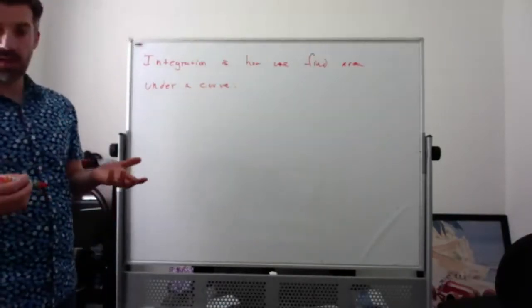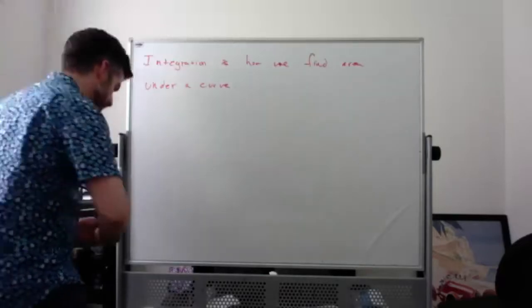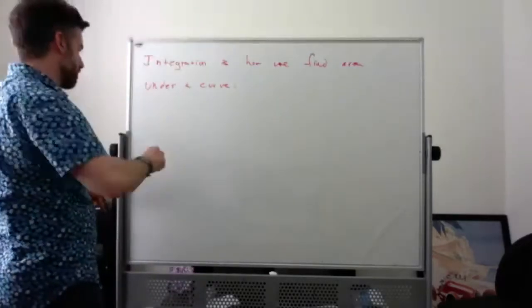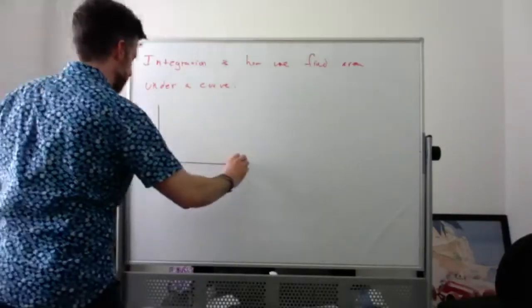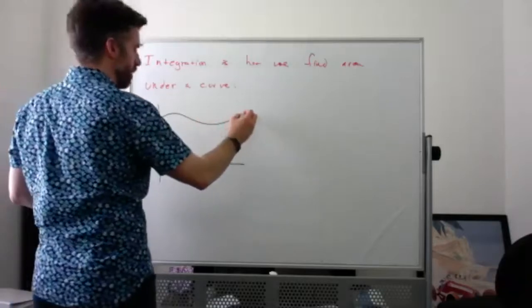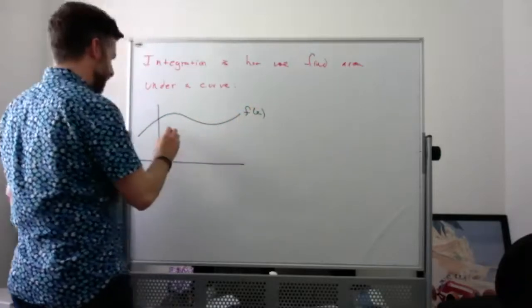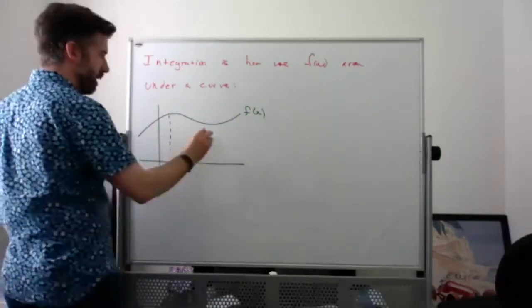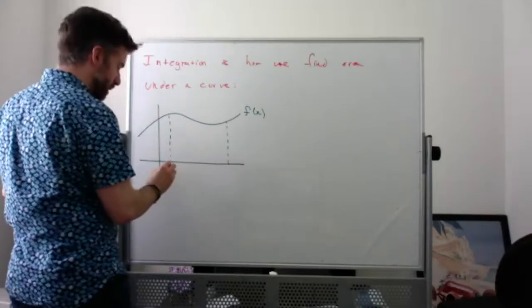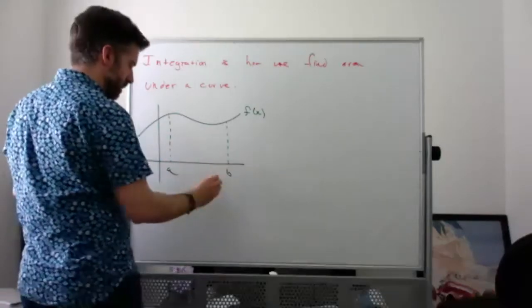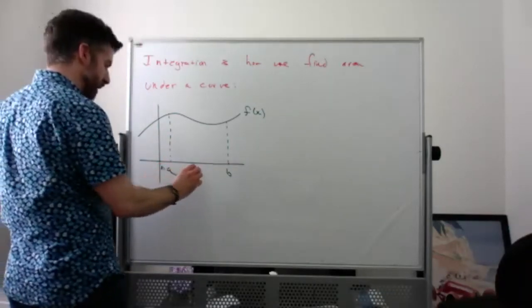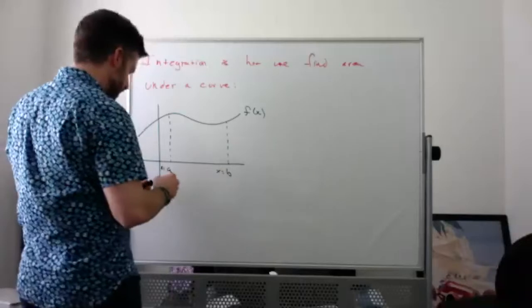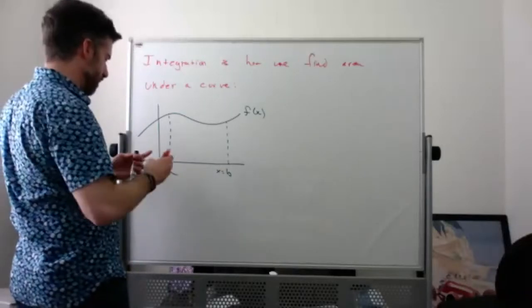And typical notation, so here's a very general looking function. If I want to find the area under the function and above the x-axis between values a and b, or you could say x equal to a, x equal to b, if I want to find this area here,